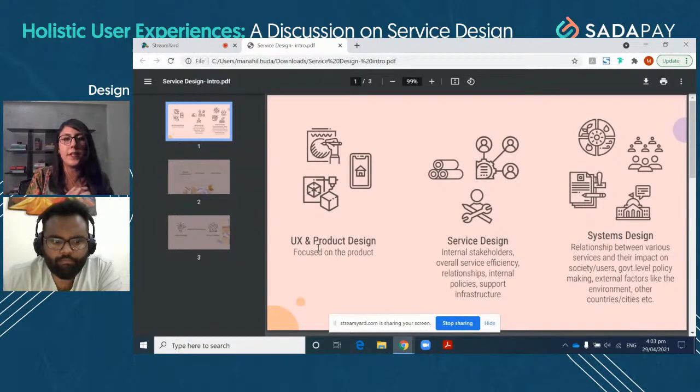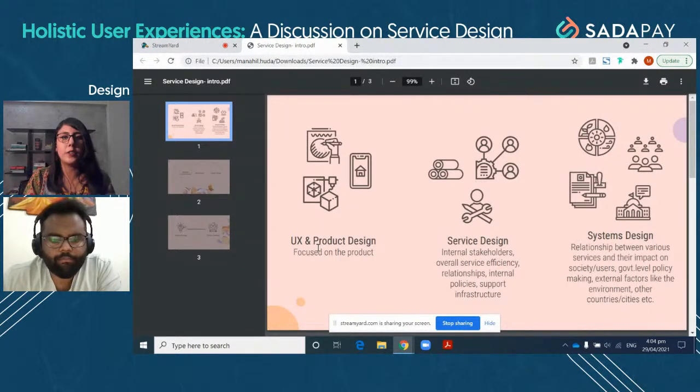Even though user experience may mean a lot of things in our industry, especially in Pakistan, often user experience is just restricted to a person's experience with an interface. If you talk to the majority of UX designers anywhere, some of them are often practicing service design without knowing it, but a lot of them are also just looking at the experience within the screen,